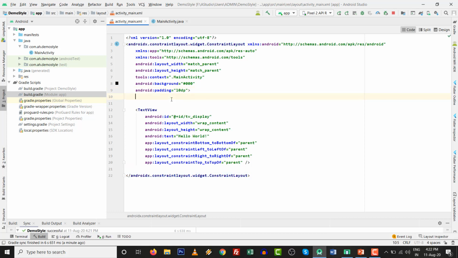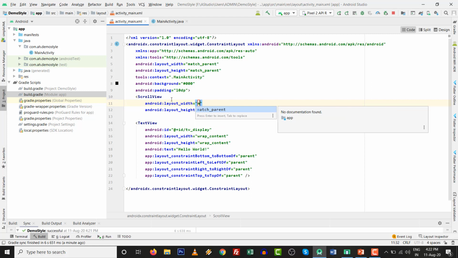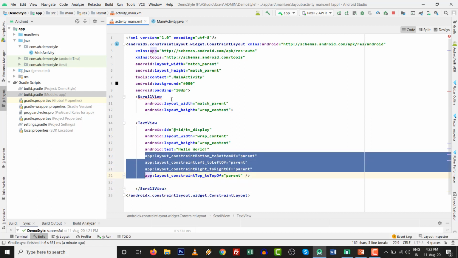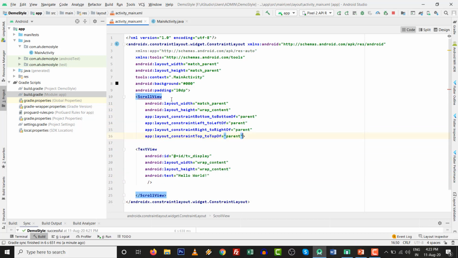Over here we will have the scroll view. Width will be match parent, height will be wrap content, and close the end tag of the scroll view over here. Cut these values: top to top of, bottom to bottom of, left to left of, and right to right of the scroll view. I think most of the thing is done.